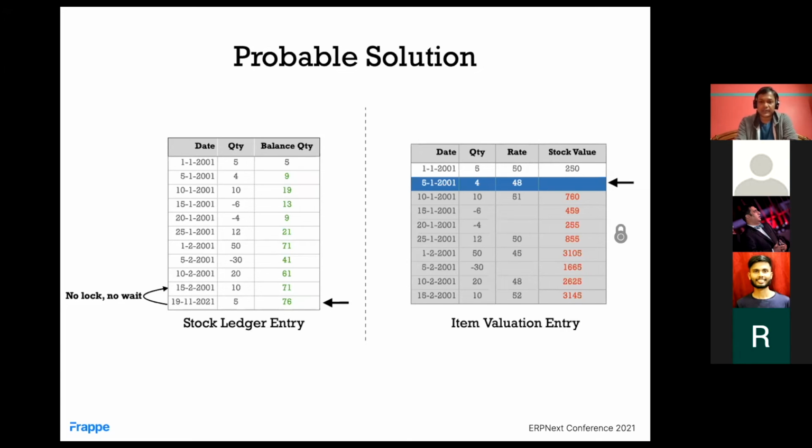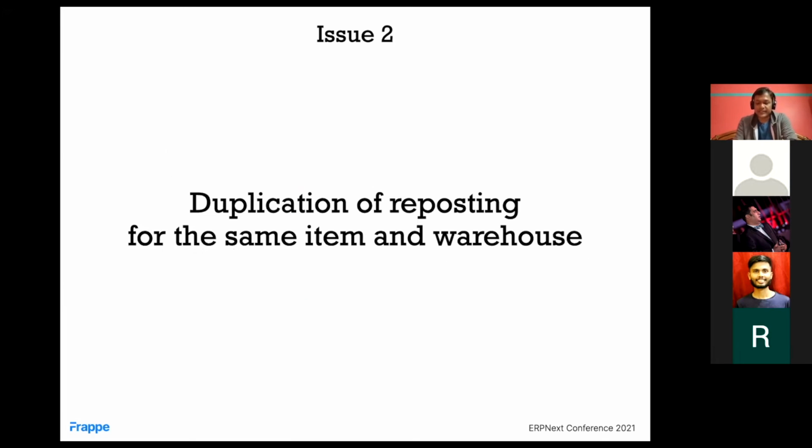Maybe we will start working on it in the next 2 months. And the second issue is related to optimization. Currently, whenever we submit a stock transaction, it immediately creates a Repost Item Valuation against that stock transaction. Let's say you received a specific item multiple times on the same day, and the same item is part of multiple stock transactions. So in that case, we